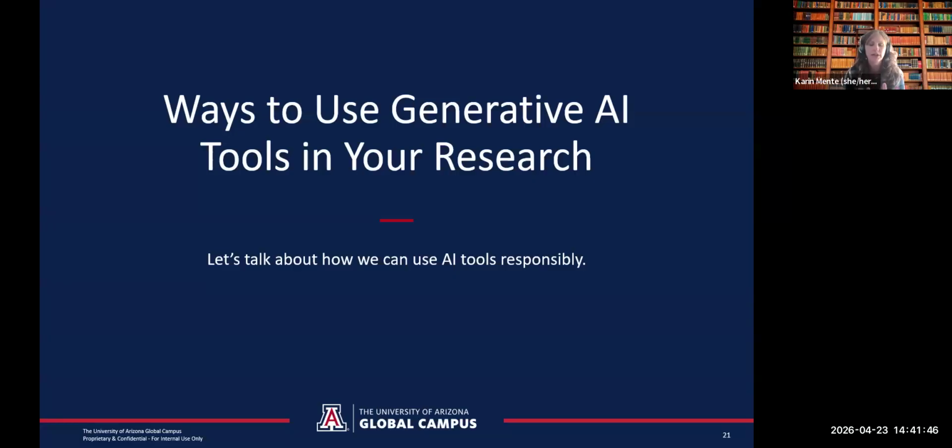So yeah, okay, there are lots of great ways that you can use AI to support your research process without letting it do the work for you. And so now we're going to get more into these practical ways that you can go outside the library and use some of these tools to really move your research forward.